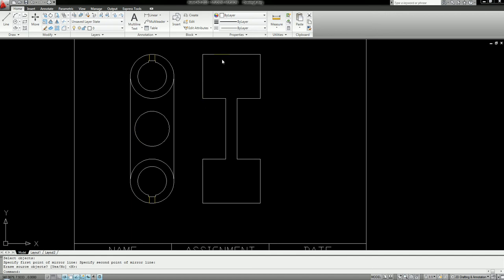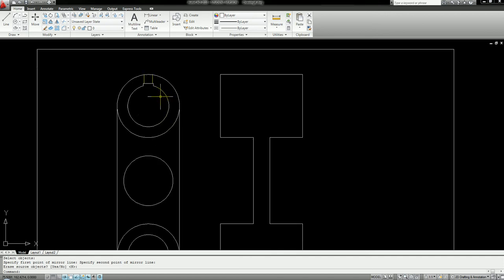view. So what I've gone ahead and done is just kind of roughed in the right side view for the purposes of this assignment. The thing that I need to do now is I need to make sure that I go ahead and project all of my lines that represent all of the holes, because as we know, we cannot cut through holes. So what I want to do first is I want to project over